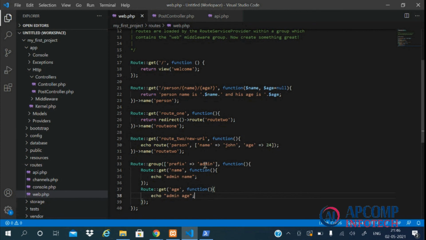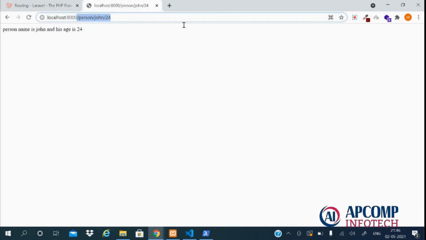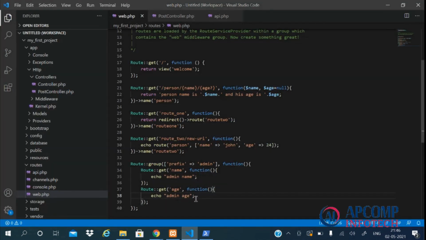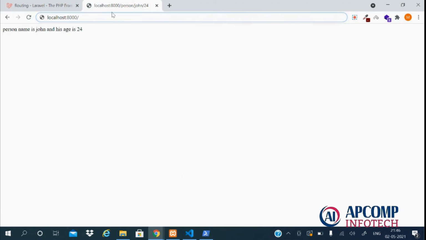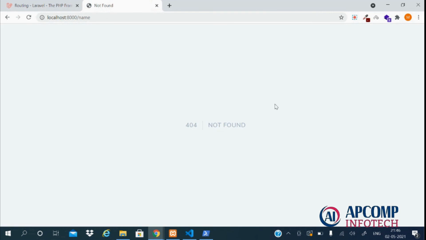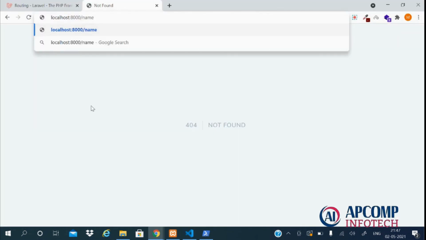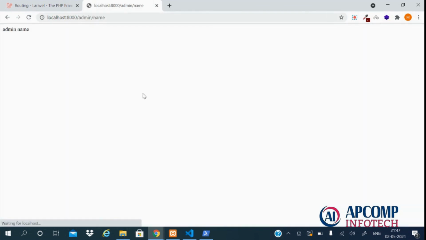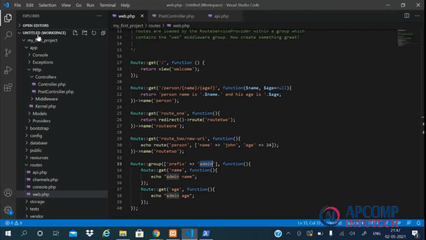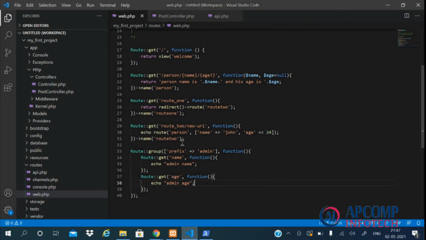Now let's run. If we run just the name here, it won't work. We got a 404. But if we prefix admin here, like so, see we got admin name and admin age. So we have grouped these two routes based on the prefix admin.